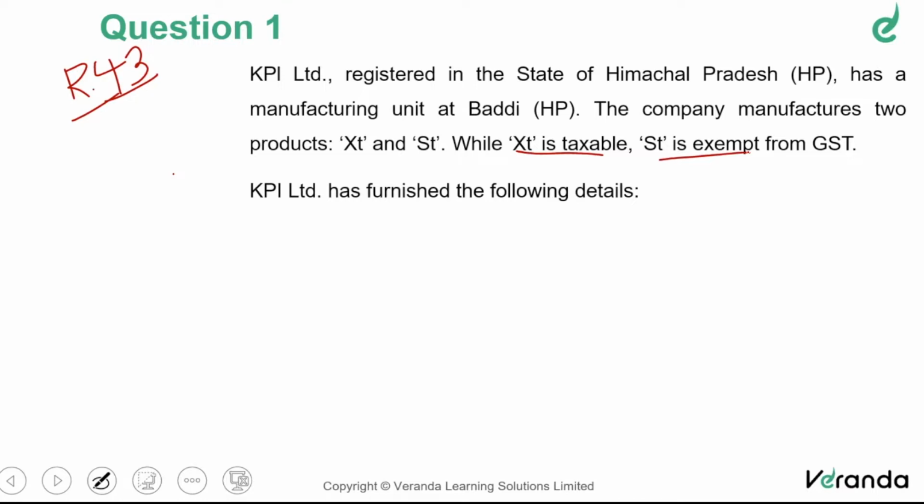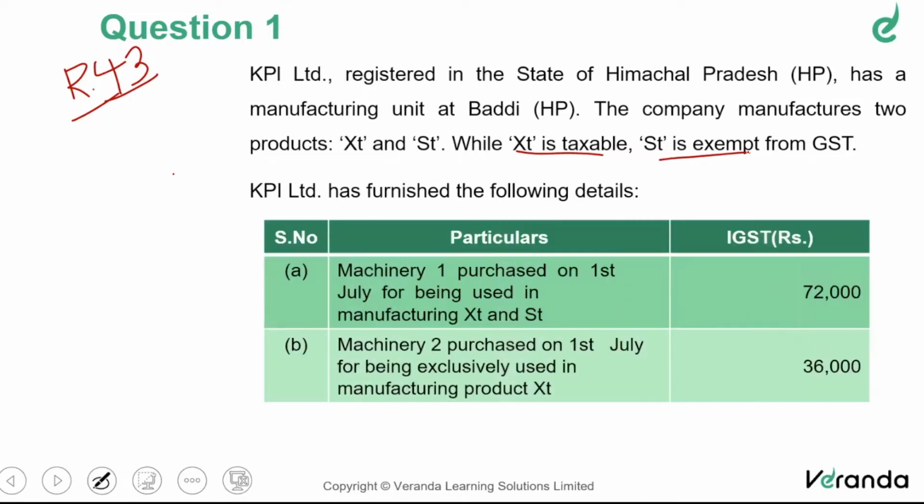Now, the following details are given. Various machinery, as I told, now we are dealing with capital goods. Therefore, the details of various machinery are being given there. Machinery 1. Now, I would request you to just observe. I'll go very slow in reading the question because I want you to visualize the answer first. So when I discuss the answer, I request some kind of interaction from your end.